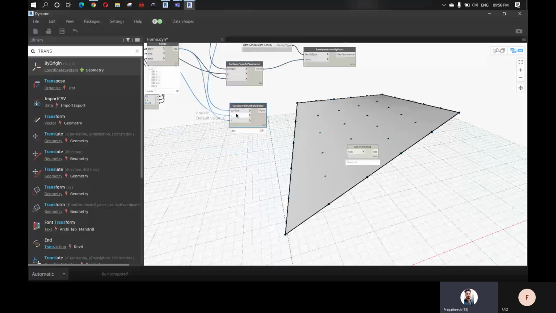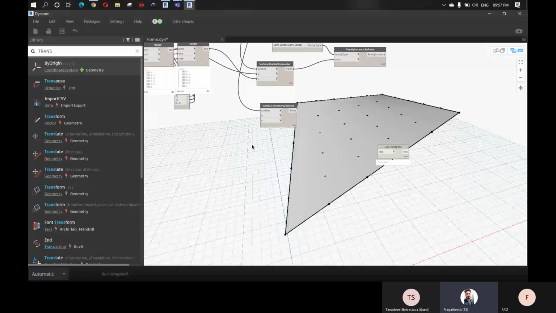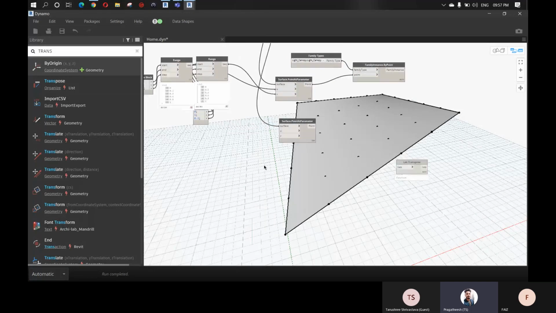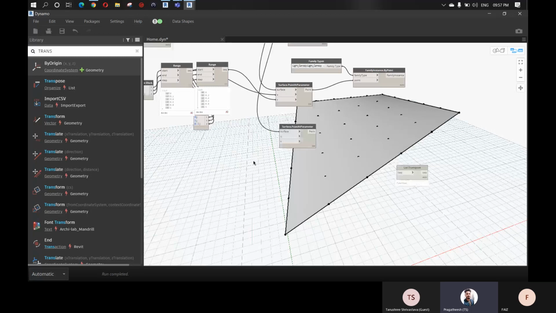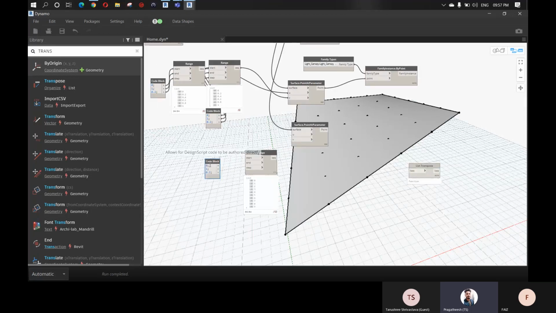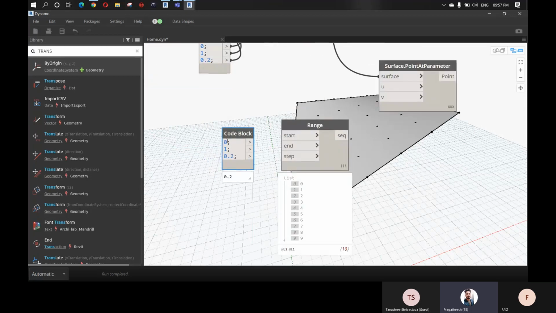I'll make a copy of this and, let's say, starting value 0.2, end value 0.8, with a step of 0.2.